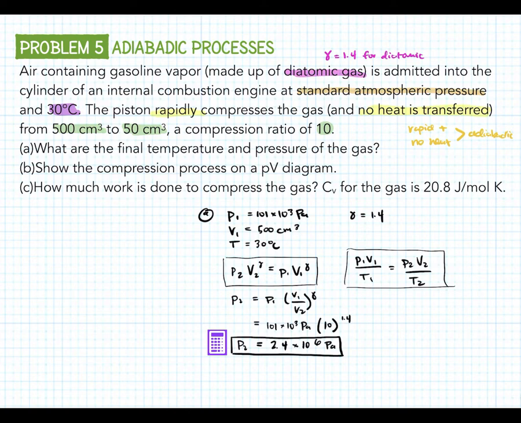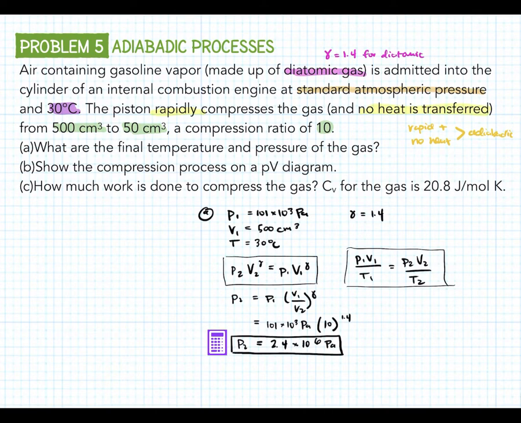And then if we want temperature, we just use this equation. So we say, okay, T2, we can solve, and that's going to be T1 P2 V2 over P1 V1, and we know all of those values now because we have our pressure too. So this is going to give us, remember 30 is the same as 303 Kelvin, so 303 Kelvin, and then this is